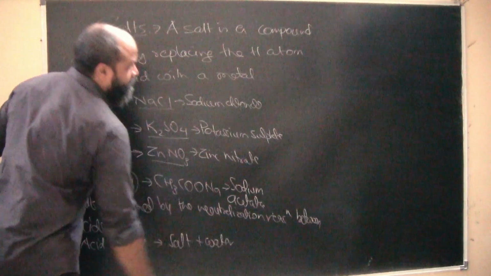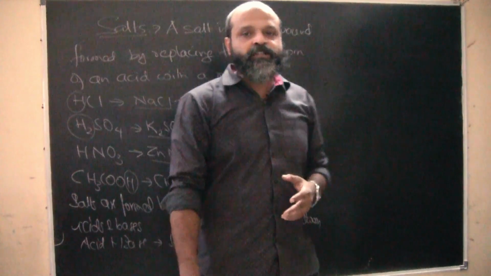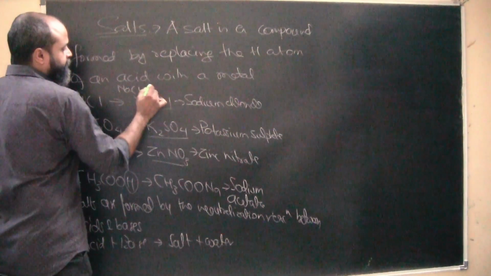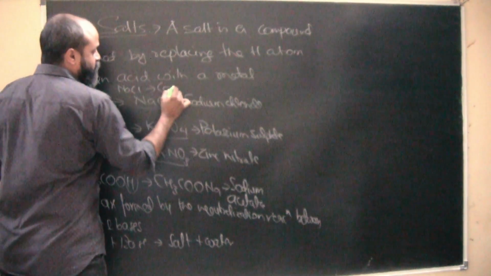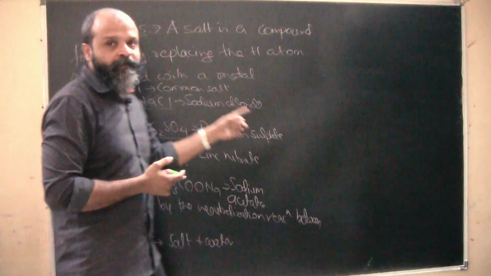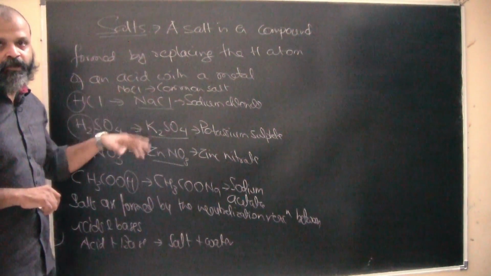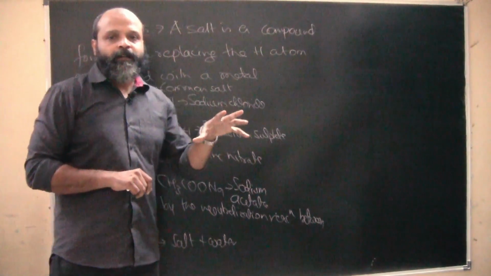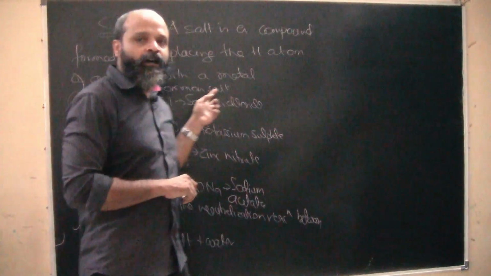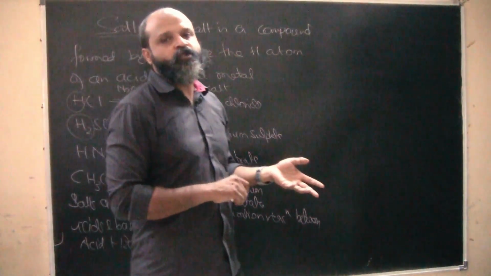Now one thing that we have to remember: we generally get confused that salt is basically something which we consume, right? We consume salt, but that is just sodium chloride. The chemical name is sodium chloride, however the common name is common salt. This is also a salt, this is also a salt, and this is also a salt. So let's not get confused by salt pertaining only to sodium chloride. Sodium chloride is precisely known as common salt. All these are basically salts. So how do we get a salt? Acid and a base will give you salt and water.